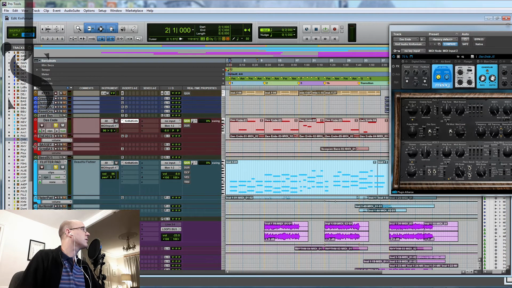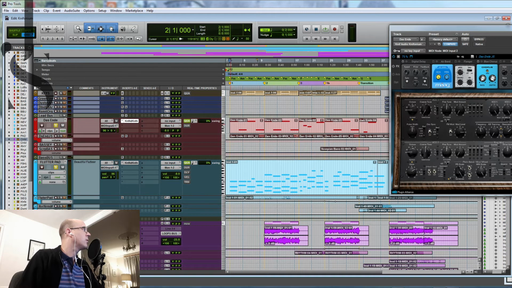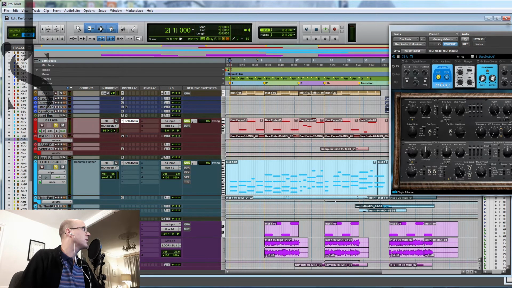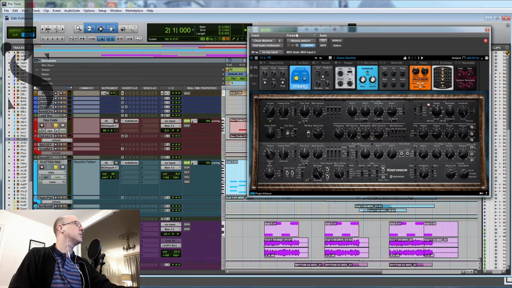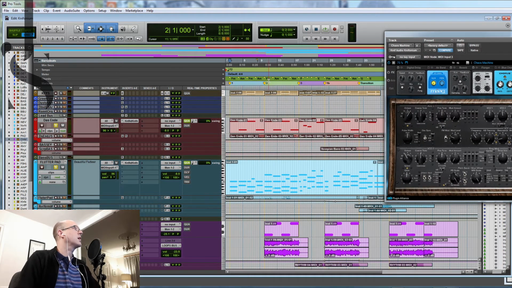Then we have this little sequence here, which I called a chaos machine, I think. Yeah, chaos machine, here we go. For a bit of rhythmic interest. And all together it sounded like this. Then